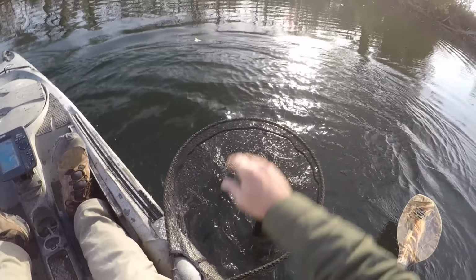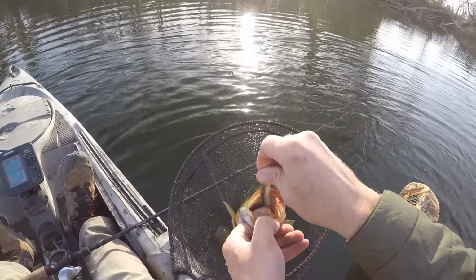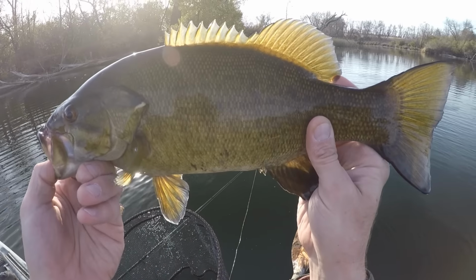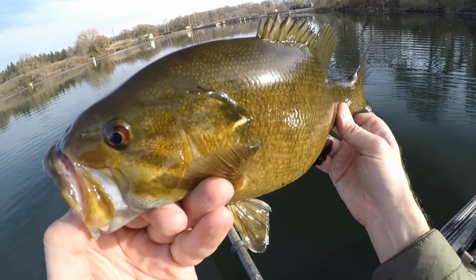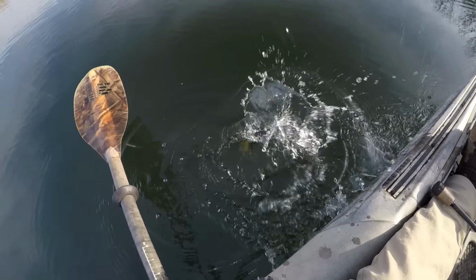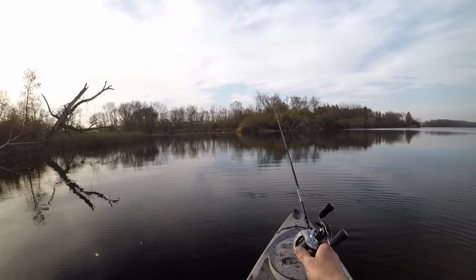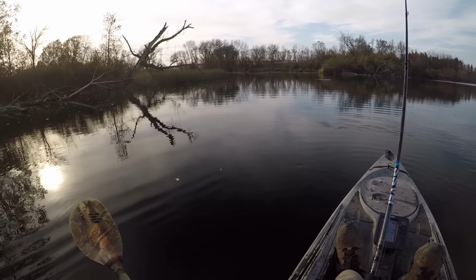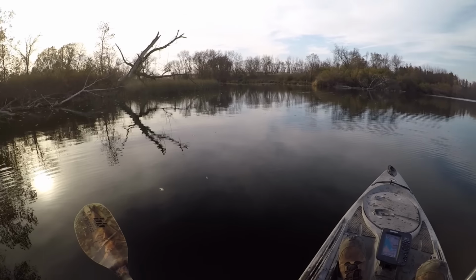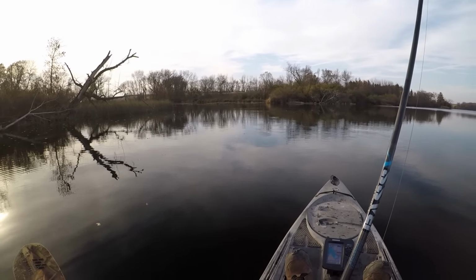Come there, you. There's a decent one. Not a bad fish at all. They're all just so thick and healthy looking. I'm gonna give it one more cast out in front of this point. So I spent about a half hour fishing my way out in front of it here. Didn't have a whole lot of action at this spot. I caught the one pike and found one smallie over here, but